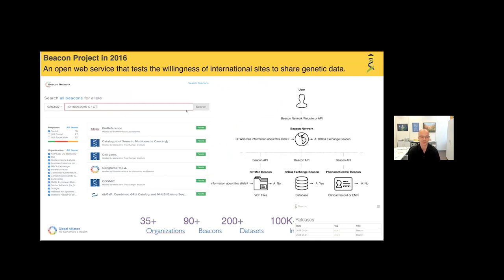So in 2016, there was a beacon network developed by DNA Stack in Toronto, and already tens of organizations and hundreds of data sets were part of this network.